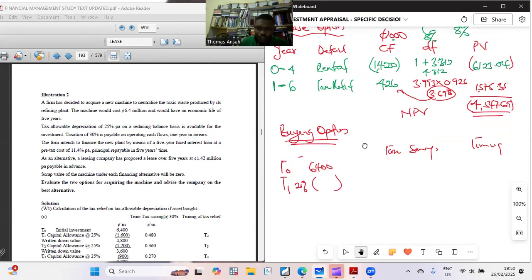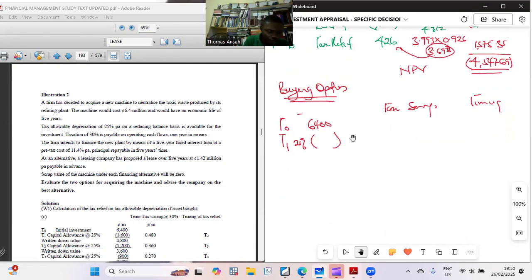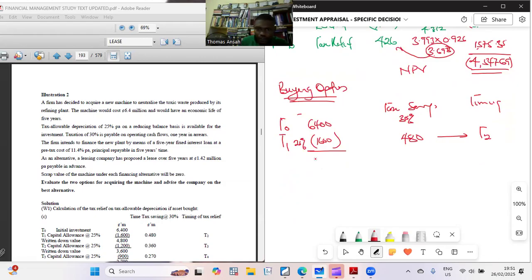So how much is that going to be for us? So 0.25 multiplied by 6,400. I get 1,600. All right. Quickly, tax rate is 30%, right? Yes, 30%. So multiply this by 0.3, you get the tax savings of 480. Timing, when would that be? That would be T2. Great. All right. So 6,400 minus 1,600, I have 4,800. Don't forget, this thing is for how many years? It's 5 years, all right? So T2,